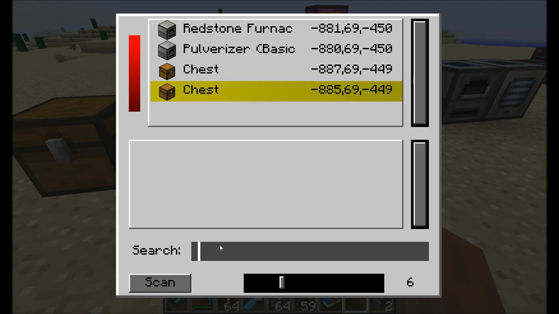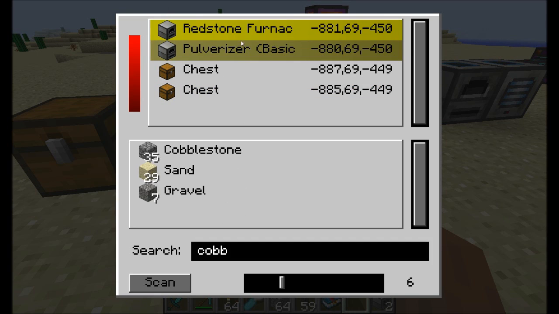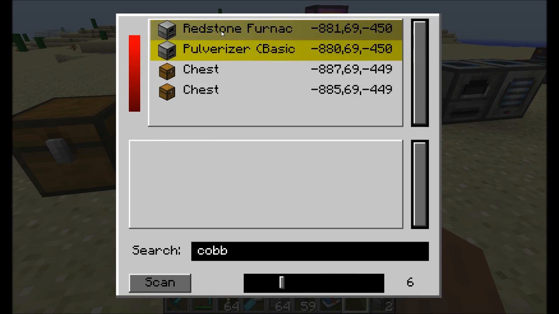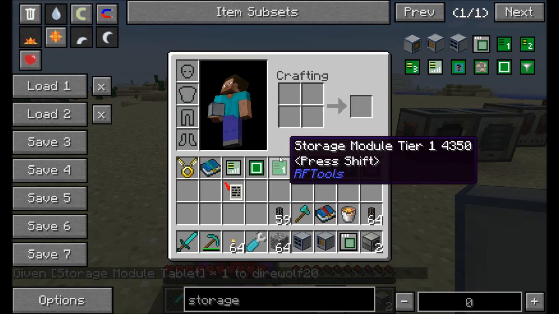And as a final note, if you search for something that many inventories have, like cobblestone, you'll notice both of them are highlighted here because both of these inventories had cobblestone. Cool. Now, on the topic of storage, RFTools introduces a system that's kind of like a scaled-down version of AE2,